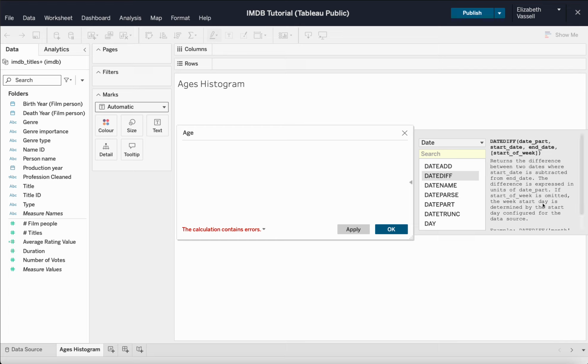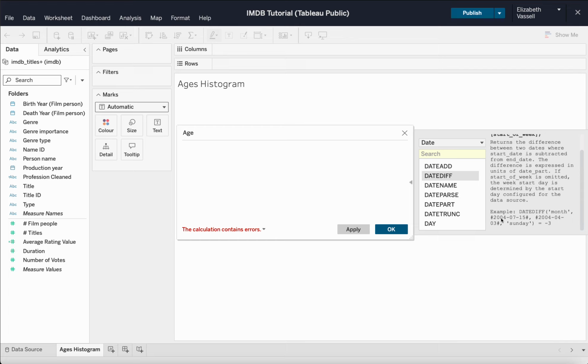Where the example shows an exact date, we can enter the name of a field and Tableau will perform the calculation row by row. If we double-click on the function name, it appears in our calculation, and all we need to do now is add the arguments. We want year as our date part and birth year as our start date. Notice that a drop-down appears when a field name is recognised, and when you select it, it automatically places square